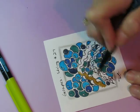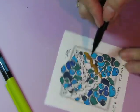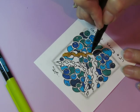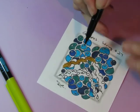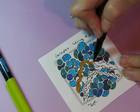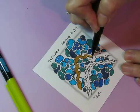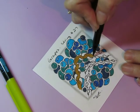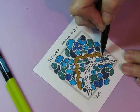So while I'm coloring, might as well ask you guys, what have you guys been doing lately to make the world a better place? Huh? Tell me in the comments below. I'd like to know. I want to know if the world is becoming a better place. Tell me your stories. Tell me, you know, the good things that have been happening in your life